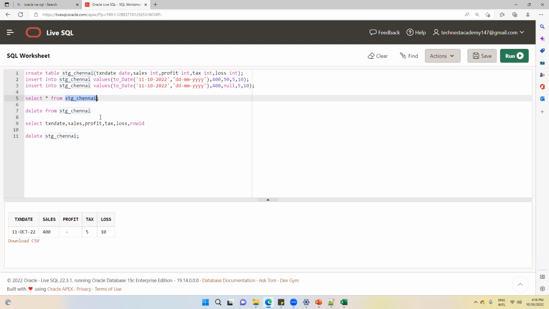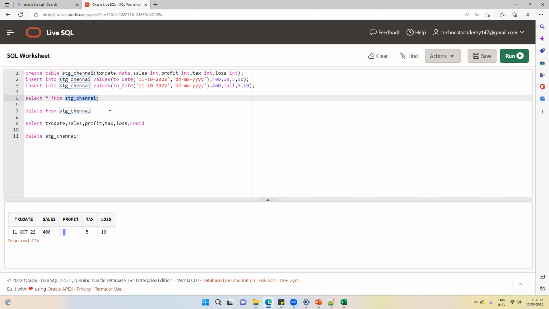You mean to say all testing will be done at staging level, right? No, I'm not telling this. The testing will be done in all the layers. But I am telling in staging, the cleaning part is happening. I check that profit is not there. I'm not checking any formula. Have I checked any formula so far? Any transformation logic, any business formula? No, nothing I'm checking.